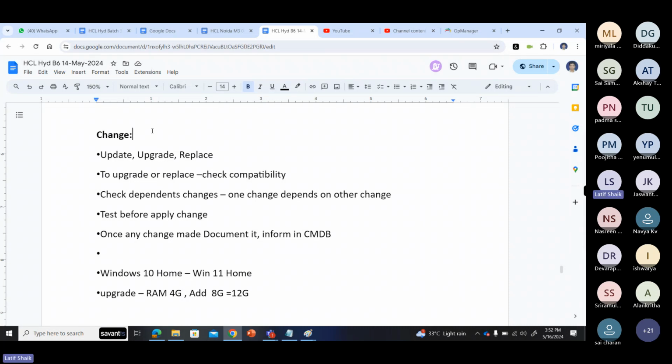Our Sai Prasad sir works in the networking department as a network engineer, and there is a system engineer also. One of the system engineers updated the antivirus, as new antivirus patches came out. Without informing anyone, without testing or checking properly, he just updated the antivirus server.